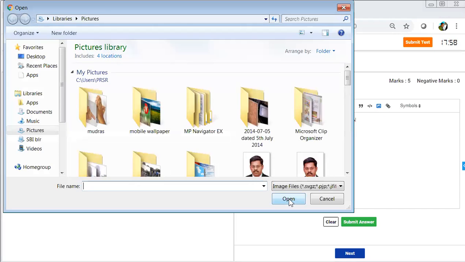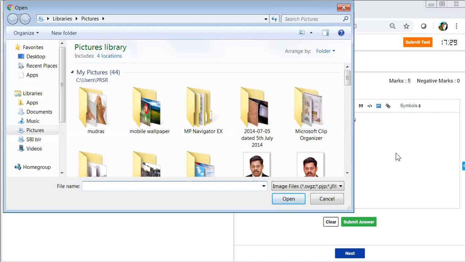If you are attending the exam through the mobile, you can use the mobile camera. Click the image which is drawn. You have to draw at that time only, separately on one white sheet. You have to draw an image, and then write the date next to that image. Along with the date, you click that image, crop it, and upload here.